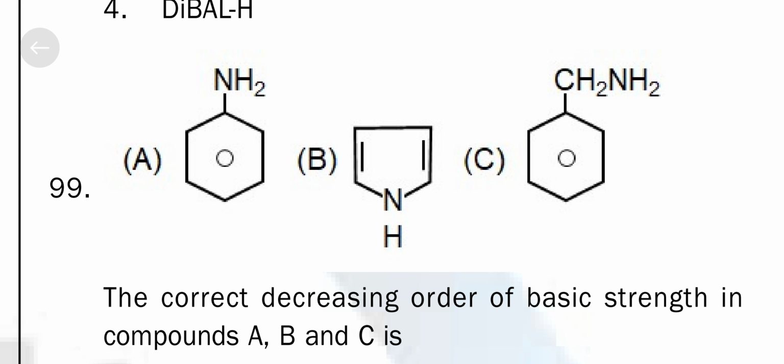You can see this 99th question. This is also very interesting. You can see, they will generally ask you about basicities. The last option is best because that is not an aromatic one. That is a simple primary amine. Then A is better because A is aniline. B is worst because the nitrogen's lone pair is participating in aromatic nature. To be aromatic, the nitrogen's lone pair is mandatory. So B is worst, A is in second position, C is first position. CAB is the third option.